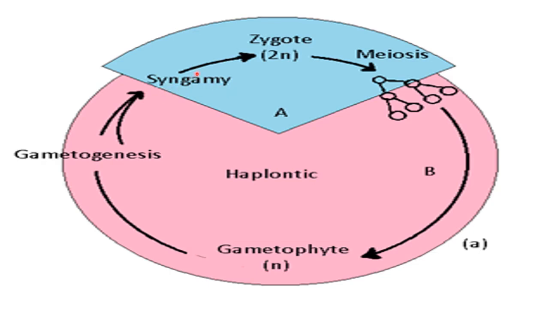And after the syngamy, zygote is formed. So this zygote will be formed here, and because the two haploid gametes have fused here, this zygote will be diploid. That's why we are writing 2N, means diploid. So this zygote is diploid here, and only this is a cell in the complete life cycle of such plants which is a diploid stage. No other cell is diploid in the complete life cycle. Only zygote is diploid.